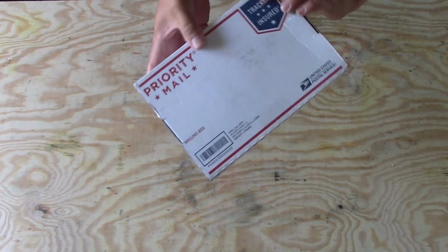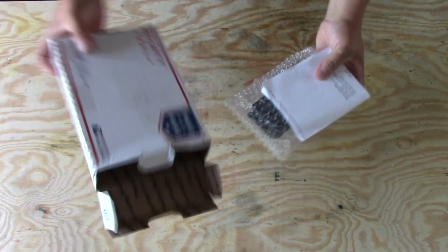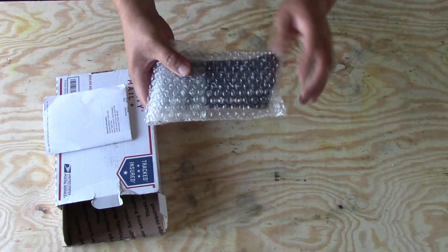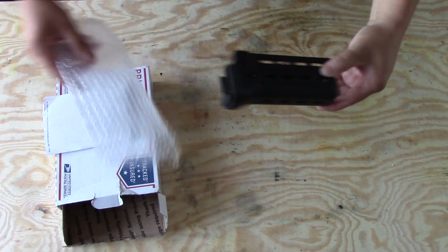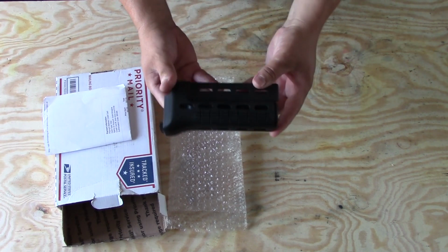Alright, so here's the box it comes in, so we'll take a look at what's going on inside here. Alright, so this is pretty much how it comes. You get an invoice with it and the actual forearm itself. And here it is. It does not come with any instructions, so either you're on your own or you're watching